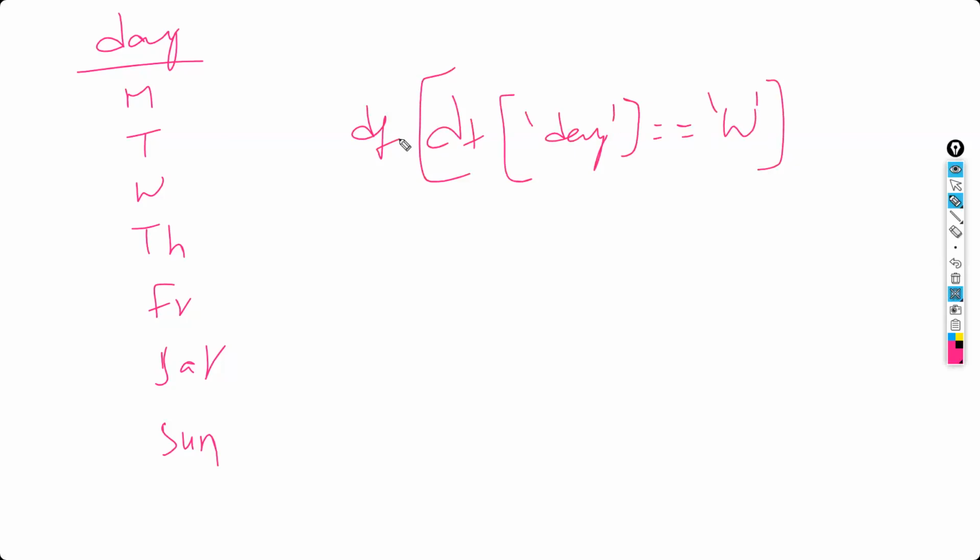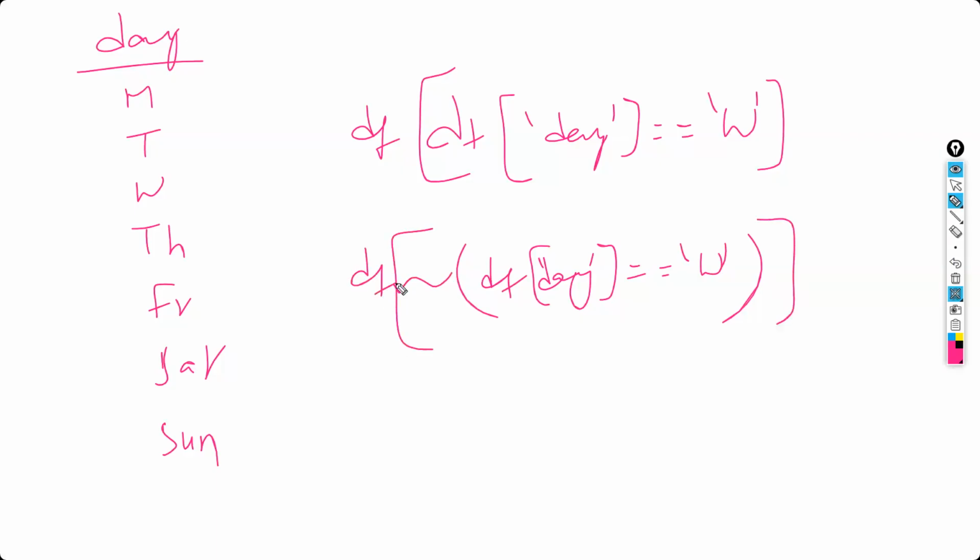Now I don't want other than Wednesday everything. Other than Wednesday means same df of day is equal to Wednesday other than. Other than means not equal to. Now I want the days Monday, Wednesday, Friday, Sunday. These 4 I want. Now what I have to do? Either day is equal to Monday, or day is equal to Wednesday, or day is equal to Friday, or day is equal to Sunday. Instead of writing like this, df of day